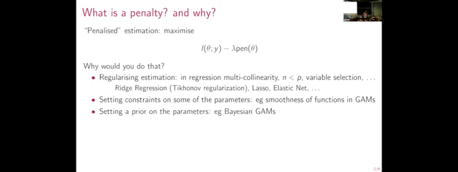This is very tightly connected to the idea that we might want to set a prior on our parameters, for example, in a Bayesian GAM. Or, as Laura clearly explained, this penalization could come from the idea that we might want to include some physics-informed properties of the problem. And one of the questions that I have when I look at all these different approaches and how they present the different ways in which they get to essentially that